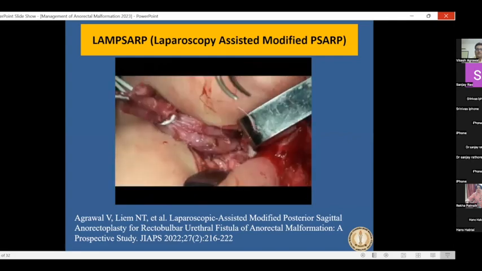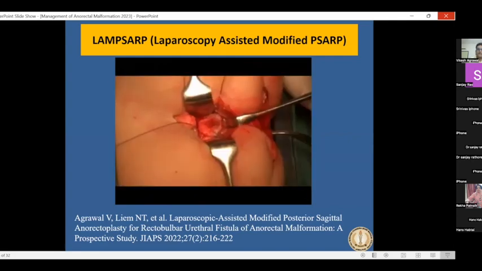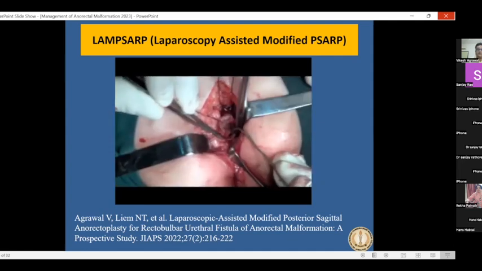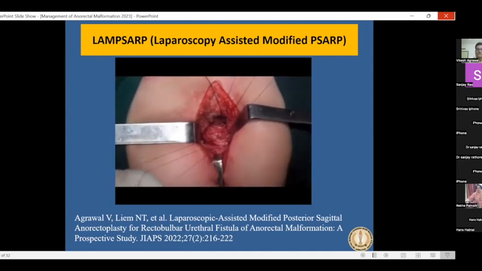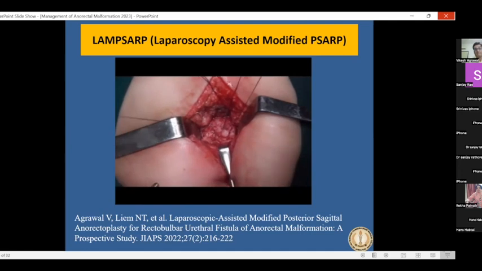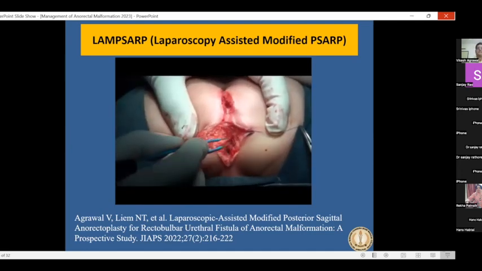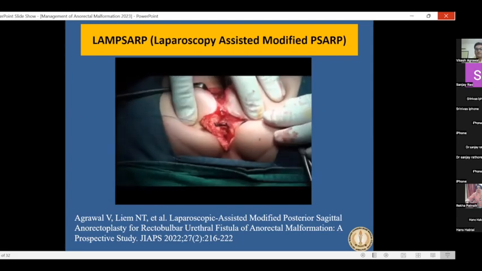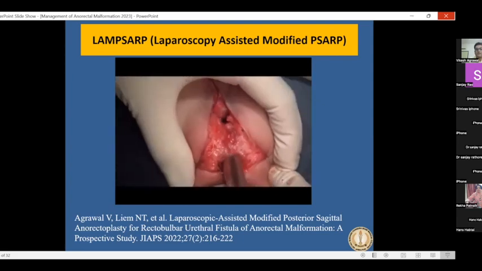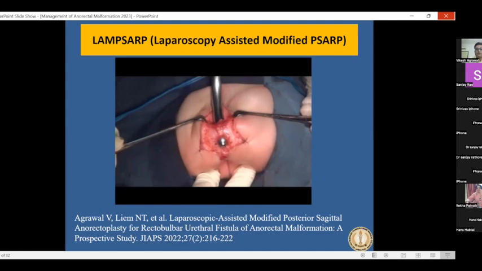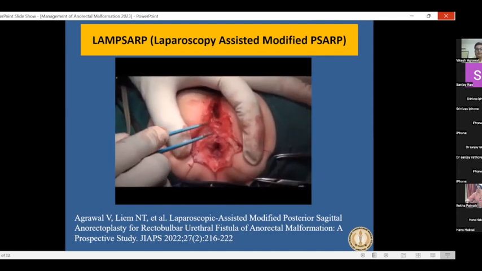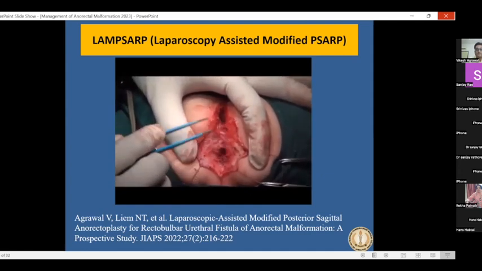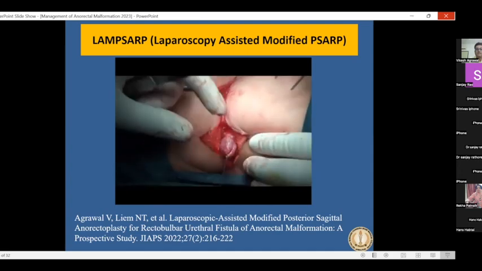Under vision, you can close the fistula, and you are very sure that there is not even a 1 centimeter stump left, because that 1 centimeter stump can later on become such a big diverticulum, which I showed in my particular case. After that, you tunnel the rectum below the puborectalis. You will see a very good demonstration of the puborectalis contraction, and this has excellent sphincter function postoperatively.